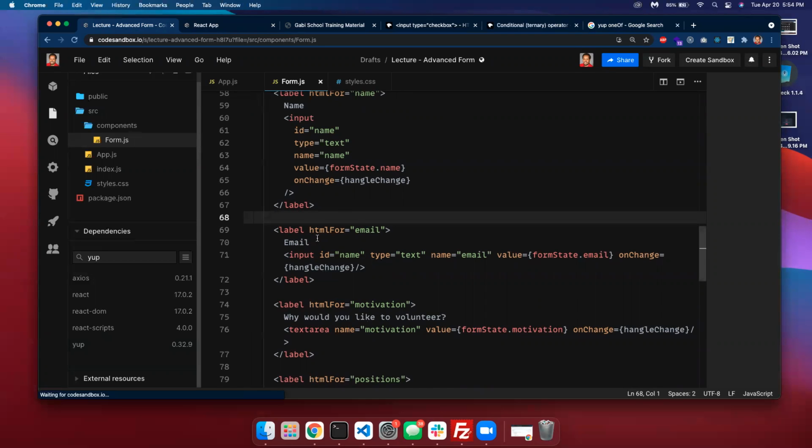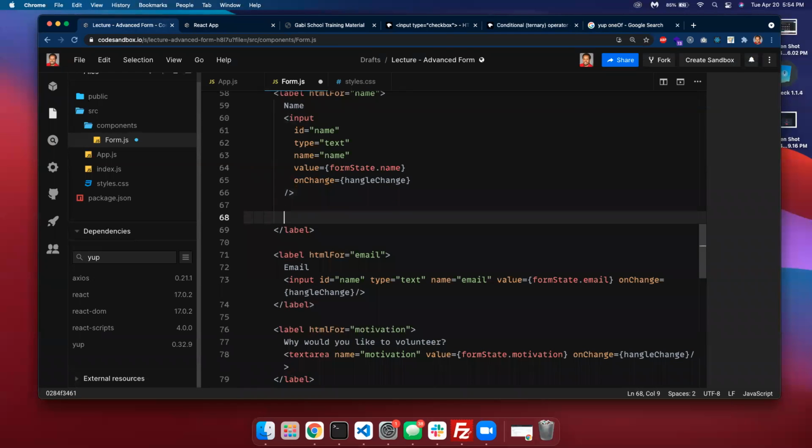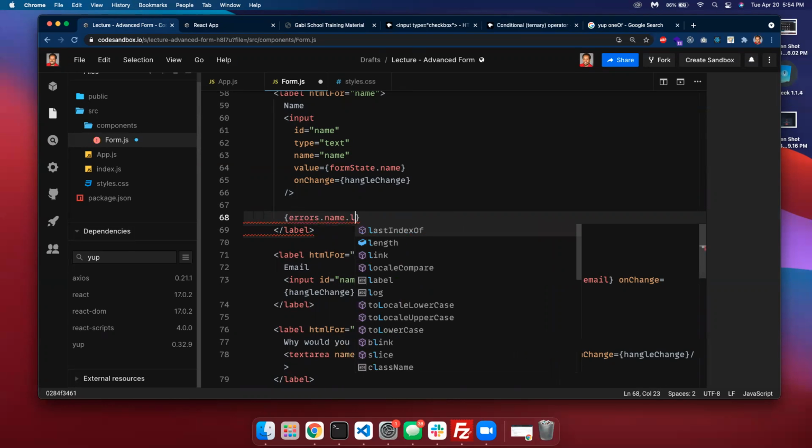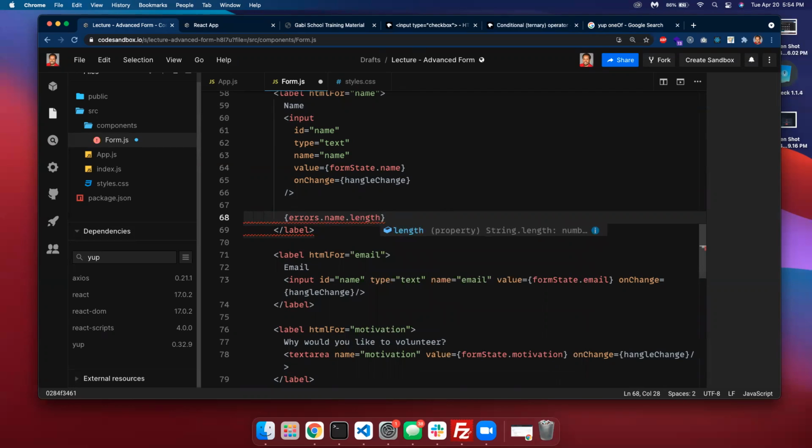Let's put it here right underneath the label, or right before the label. Let's put a JavaScript expression here and say errors, which is the state we just created, dot name. Let's go to the name one. Dot name dot length. If the length of the name is greater than 0, basically, if there's anything in there,